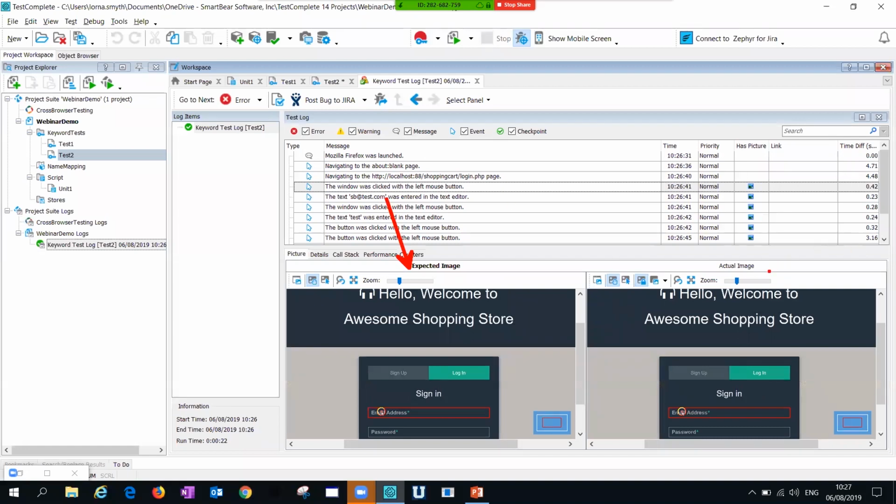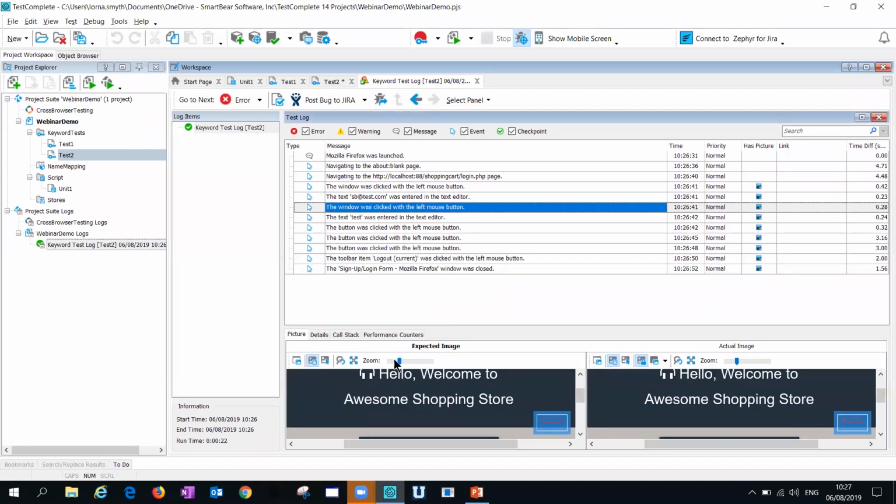And when we talk about actual image, it's how your application looked when you played the test back. So this is incredibly useful to troubleshoot any issues. And if you were to manually try and take screenshots and manually do this, it would just be far too much effort. So again, I just wanted to show you how using tools like this can help and assist the manual tester.